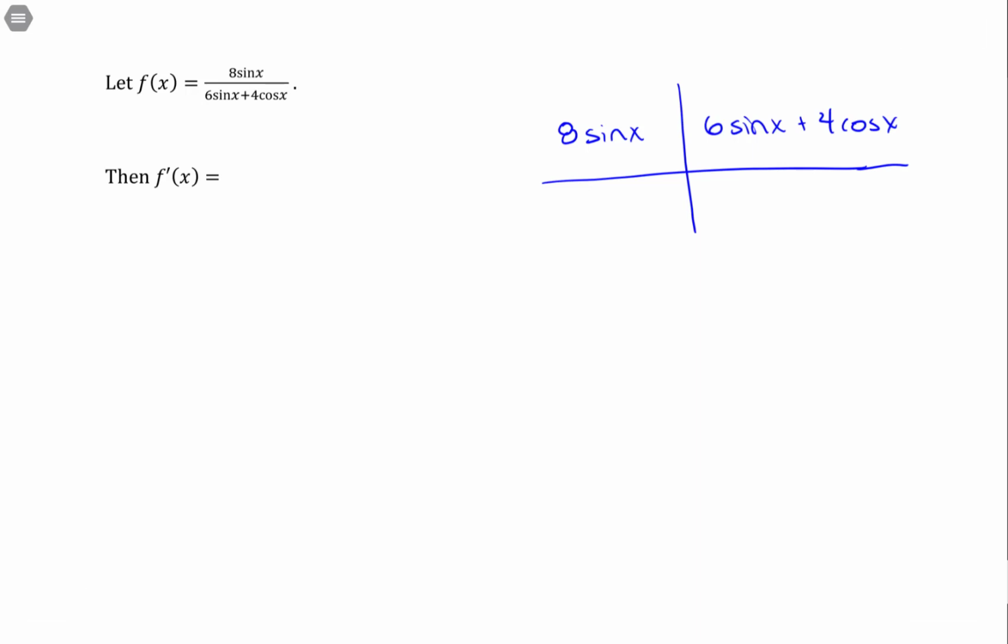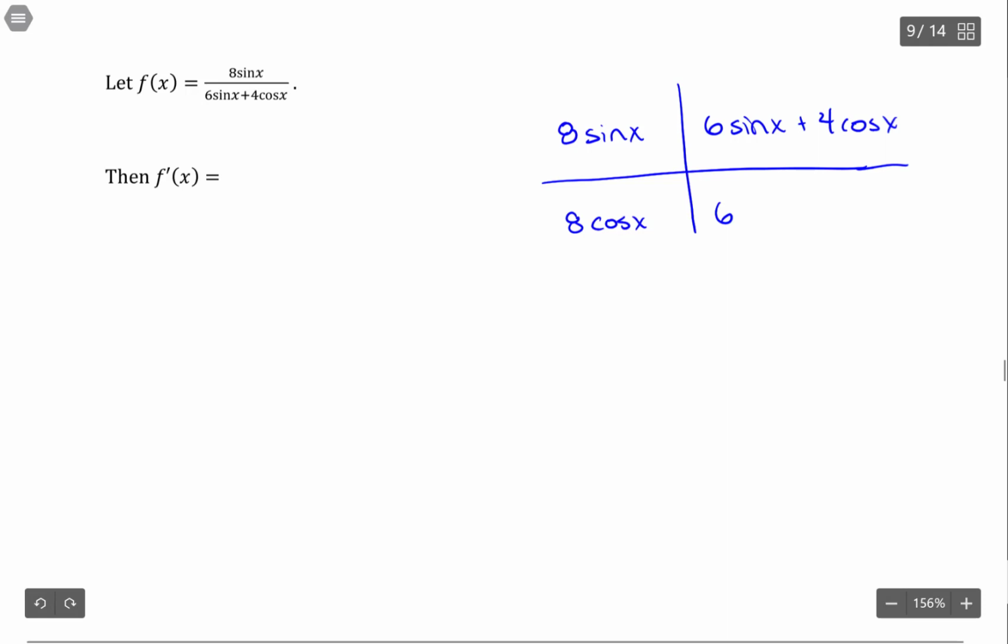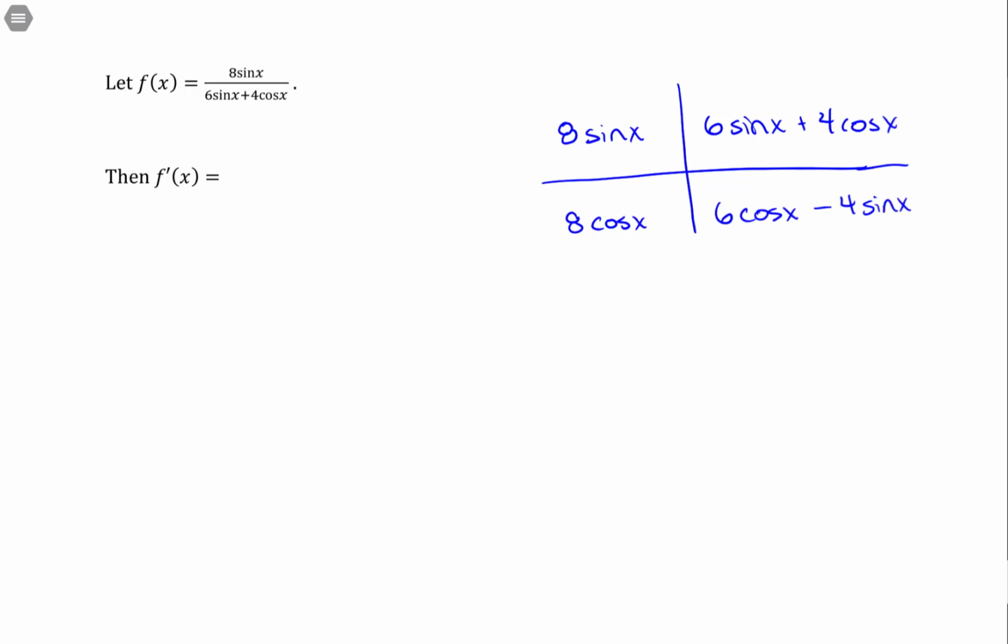The derivative of 8 sine x, so the derivative of sine is cosine, so it's going to be 8 cosine x. And over here, this will be 6 cosine x, because the derivative of sine is cosine, but then minus 4 sine x, because the derivative of cosine is sine. So these two pieces multiply together, and that derivative then would look like